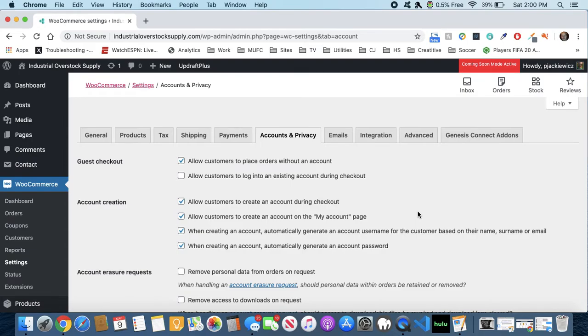All right, the next tab here for the WooCommerce settings is the Accounts and Privacy tab. So, the first thing is guest checkout. The first option you have here is allow customers to place orders without an account, and that's pretty self-explanatory. So, if they don't have an account on your website in your store, you can allow them to make purchases without creating one. If you uncheck that, then they will, of course, have to create an account in order to